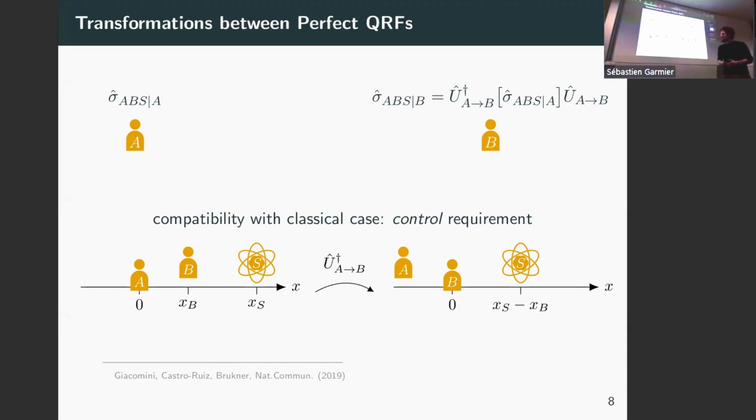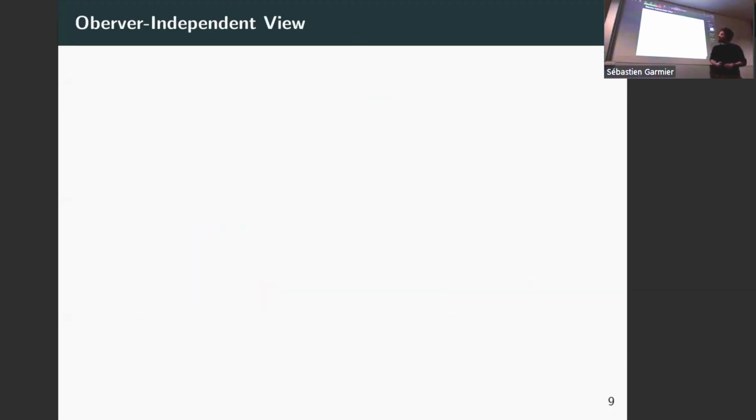But it's still not quite unique. And the freedom of choice we still have with these transformations has exactly got to do with the reference frame of Alice seen by herself. So this is the kind of mystery that we still have there. So to make progress in this direction, we came up with this idea of an observer-independent view, and you can see what that means.